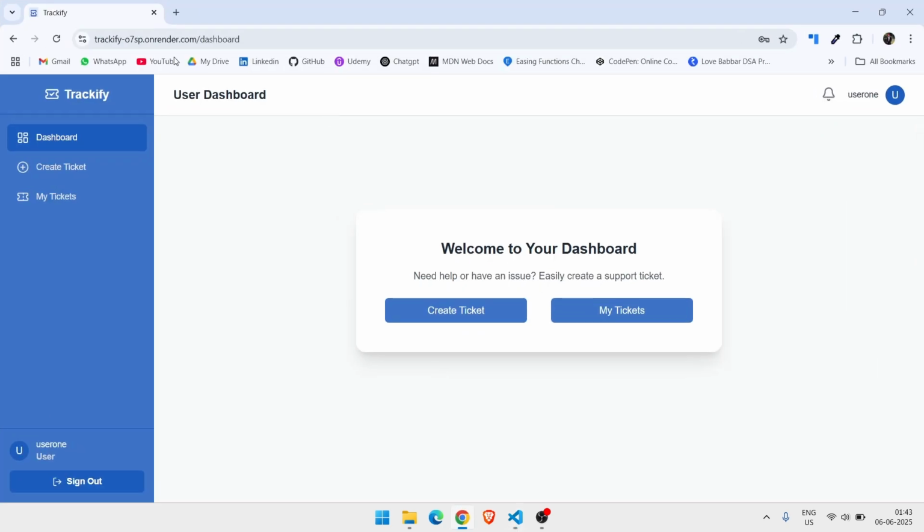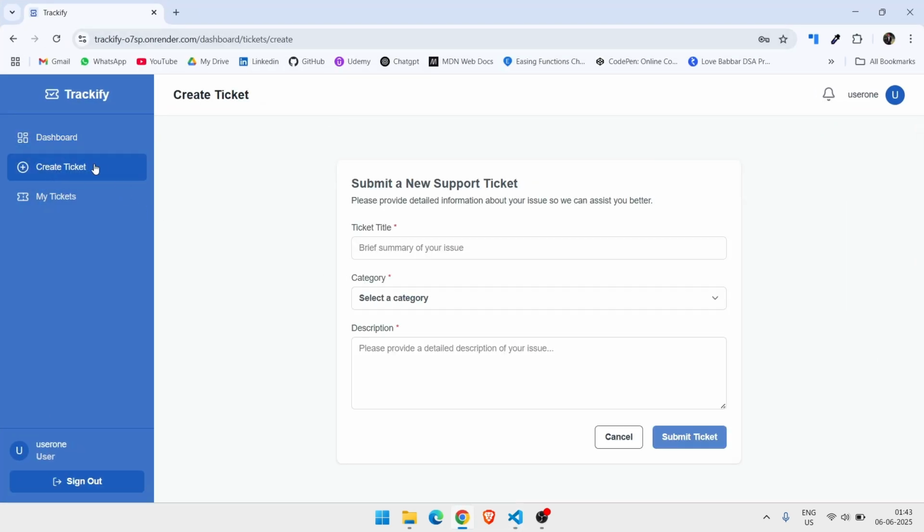I will show you how. So this is the main create page for that, and you want title, category. Basically you don't want priority, because the priority will be set by the admin,